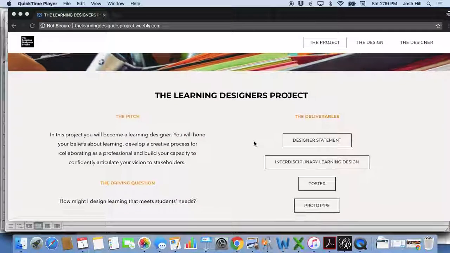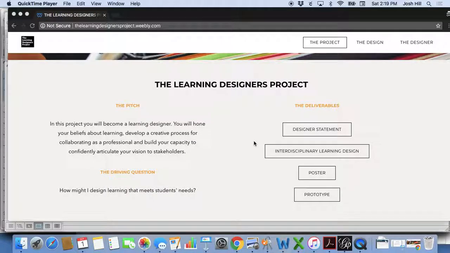project. So ultimately, the Learning Designers project is about you becoming a learning designer, about you coming up with your own response to our driving question, how might I design learning that meets students' needs? What I want for you from this project is for you to be able to move into your practicum and your interview with prospective employers, and most importantly with your own classroom that you begin teaching at, with a vision of yourself as a learning designer and a foundational set of beliefs and practices to support you to design learning